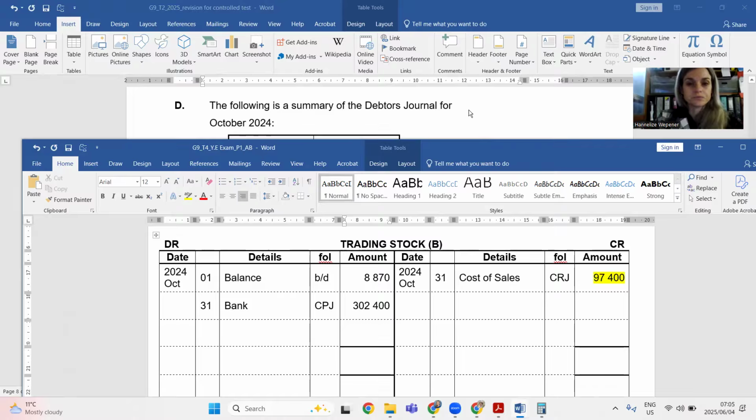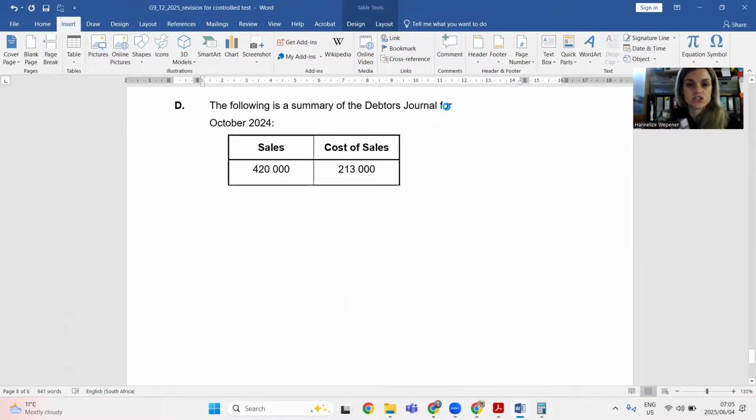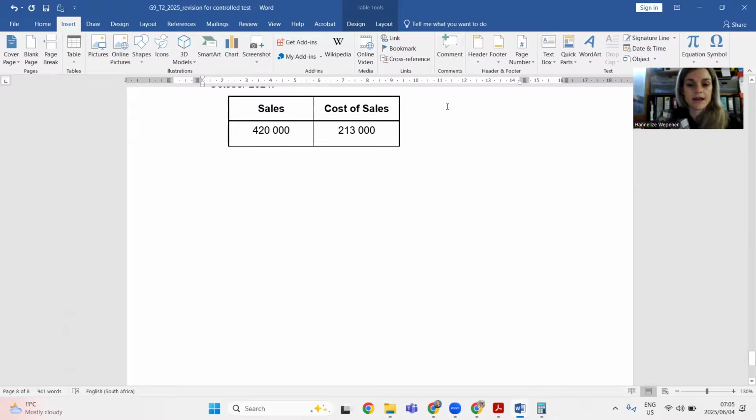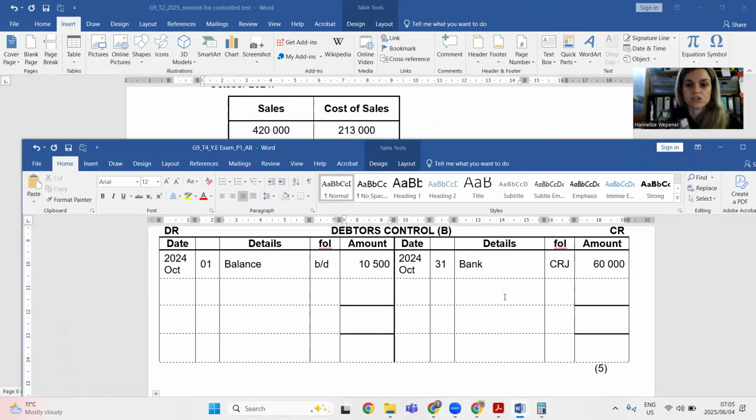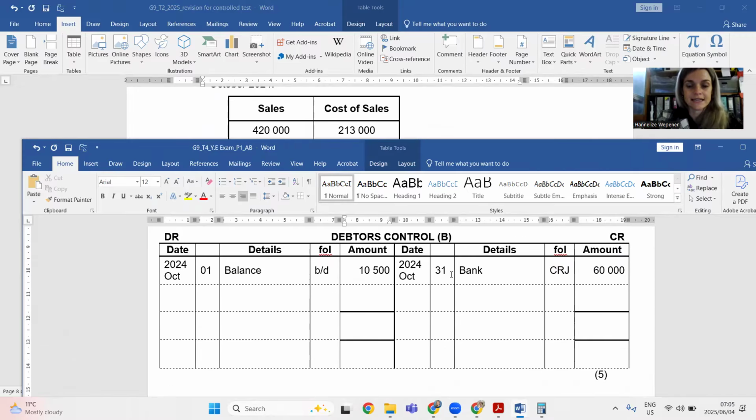Then moving on, we also have a debtors journal. So debtors journal means that we now had sales, but we didn't receive the money. So it's not bank, it is debtors control. So my debtors now owe me 420,000 more by end of month. The reason why they owe me more is because of the sales as recorded in the DJ, 420,000, which means